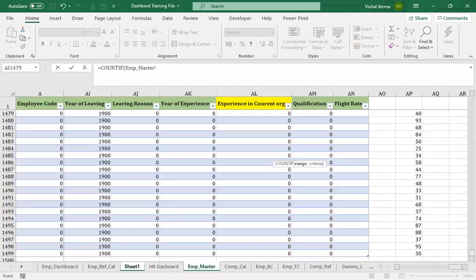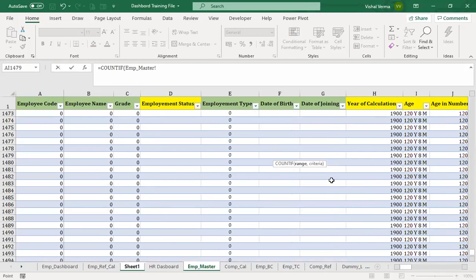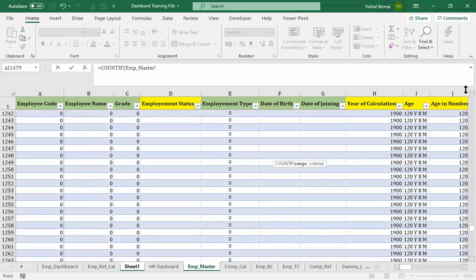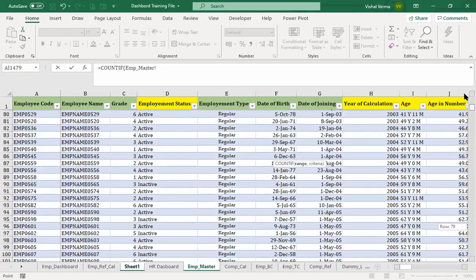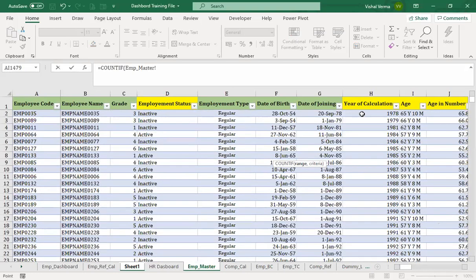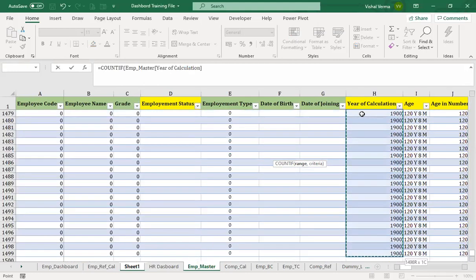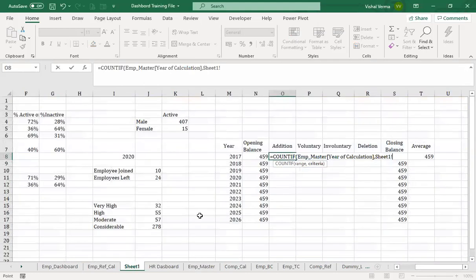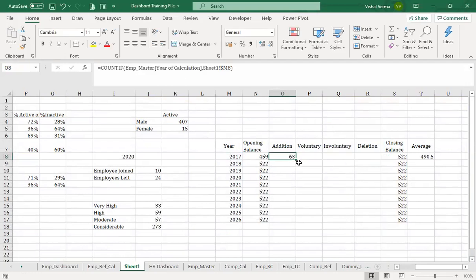For range, we will go to the employee master: date of joining, year of calculation, and then we give the criteria, that is 2017. So we can just freeze here and see if it works. In essence, 2021 is not there, so it will be 0.